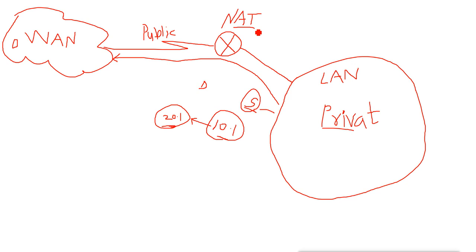It will save us from having to reconfigure our local network every time. That means if your public address changes, you don't have to reconfigure every time. You configure it once, it becomes fixed, and whenever the public address changes, you just have to change the NAT configuration. You just have to change the map. Previously, suppose the first time you configured 10.1 to become 20.1. Next time the public address changes, you can change the mapping. You can say 10.1 now becomes something else, for example, 30.1.